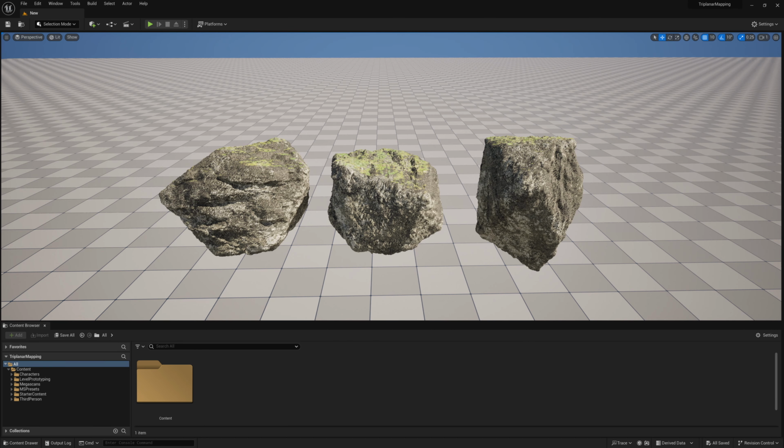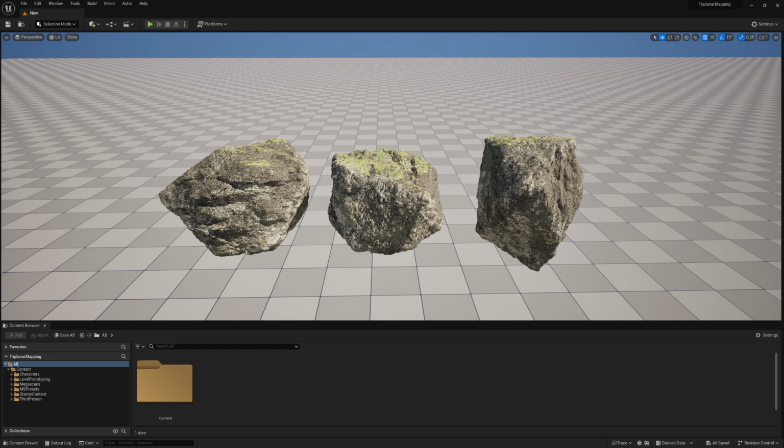In this video, we're going to take a look at how to make a triplanar material in Unreal Engine 5.3 and properly understand how triplanar mapping works. This will allow us to project different tileable textures or colors onto the top, front, and sides of an object separately. What we'll learn in this video will also go over how to create masks that use the world space